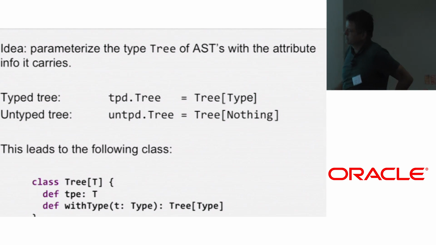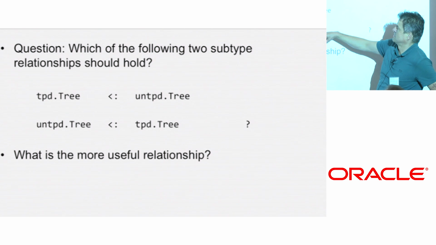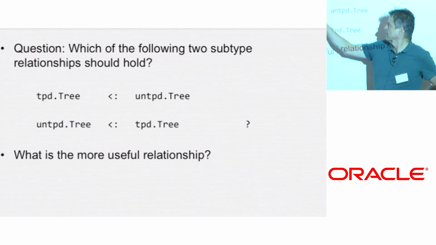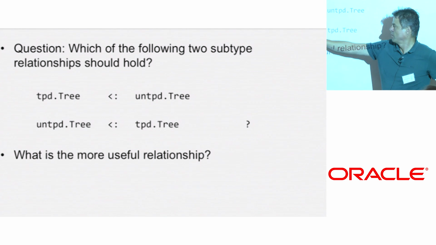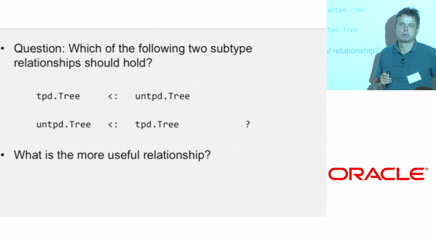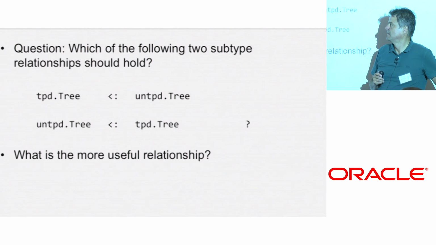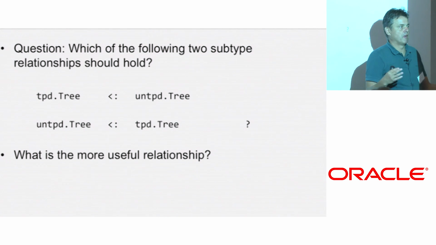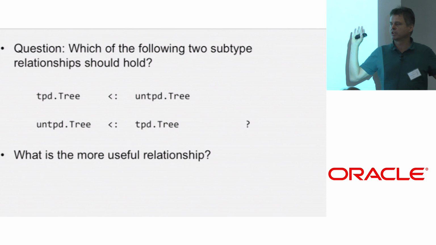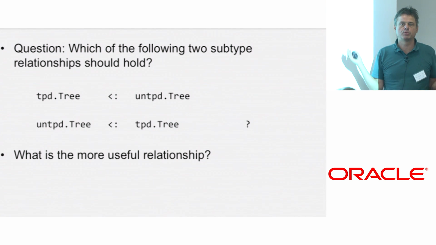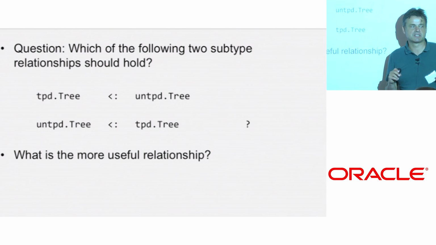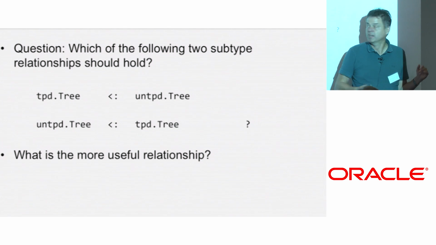Well, if we look at usages, which of the two would be more useful? A typed tree is also an untyped tree, or an untyped tree is a typed tree? What would you think? Well, I would claim it's this one here. So going from typed to untyped just means forget about the types. Just use the basic structure, retype check it again. So I can always forget types. But going from an untyped tree and just assuming it has types just doesn't seem to be sound, right? So it should be the first.